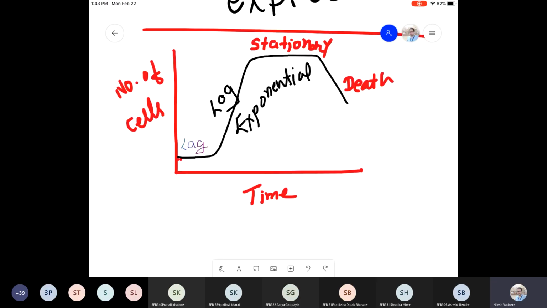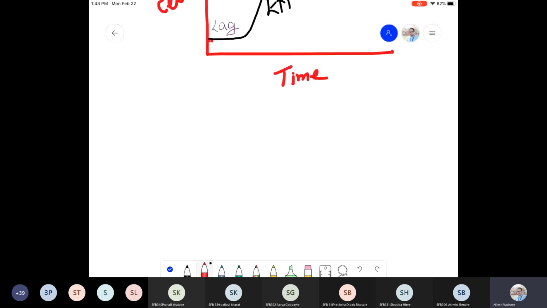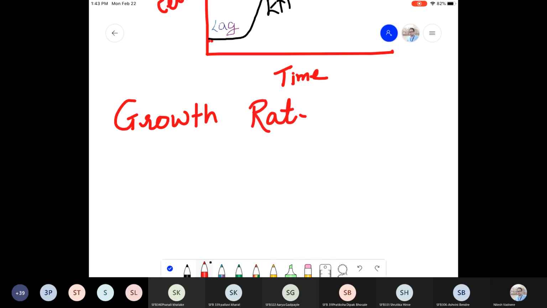Today we will discuss the mathematics behind this particular growth pattern. So what are we going to study? We are going to study how to calculate the growth rate. And this growth rate contributes to basic physiological and ecological research, and it also gives the solution to applied